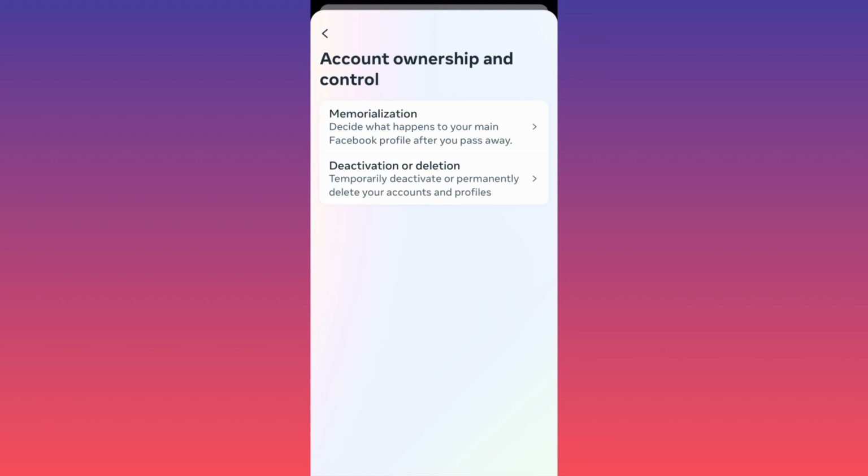sure that you request your information in advance. This means that you need to get your information prior you schedule your account for deletion. Facebook needs time to process your data, collects the data, and sends you the data. So they don't have it on hand. So you have to request the data, download the data, and then if you still want to delete your account,